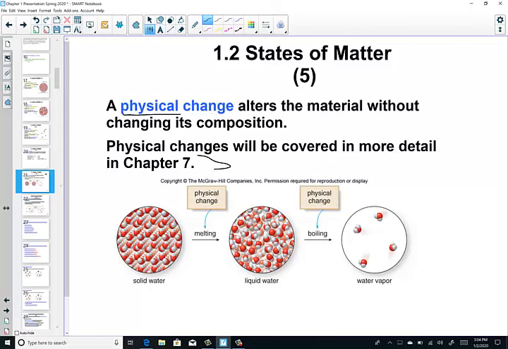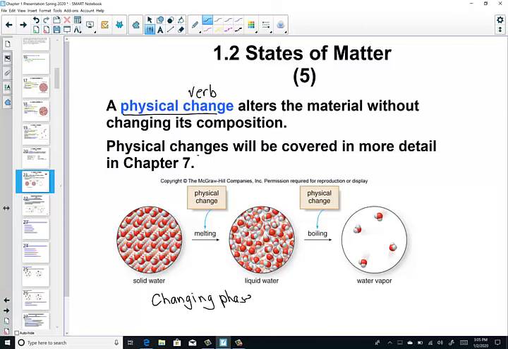Now on the opposite spectrum of that, the physical change, now we're altering the material. We're not changing its composition, but we're changing the material. So I think of this as a verb. It's an action verb. Whereas the physical property was an adjective, a physical change is a doing word. It's something happening to that object to change its material. We do spend time a little bit later with chemical and physical changes in a future chapter, but just as some common examples,